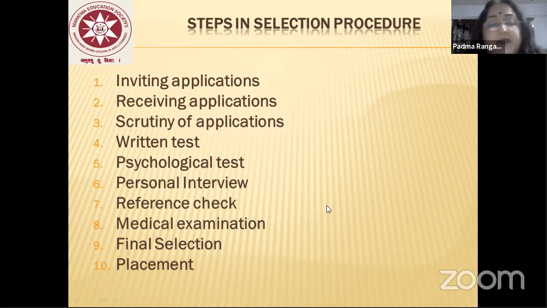गिविंग एन ऑफर, waiting for the acceptance of offer, issuing the appointment letter, and finally placement भी काफी एक इम्पोर्टेंट एक्टिविटी होती है जहाँ पे जिस पर्सन को आपने अपॉइंट किया है उसे आप इंडक्ट करोगे। वहाँ पे आप उनको लेके जाओगे जहाँ उनको बैठ के काम करना है, उनको बताओगे कि ये आपके जूनियर हैं, ये आपके सबऑर्डिनेट हैं, आपको यहाँ बैठ के काम करना है, ये आपका कंप्यूटर है, यहाँ पे आपको वर्क करना है।